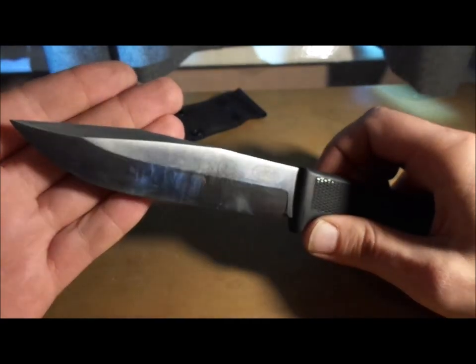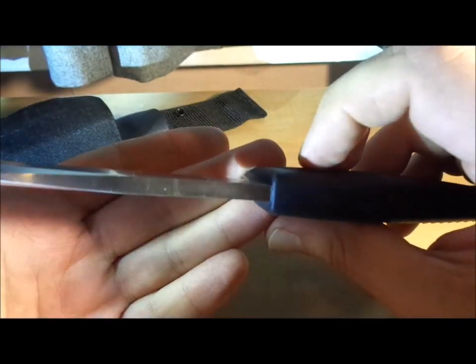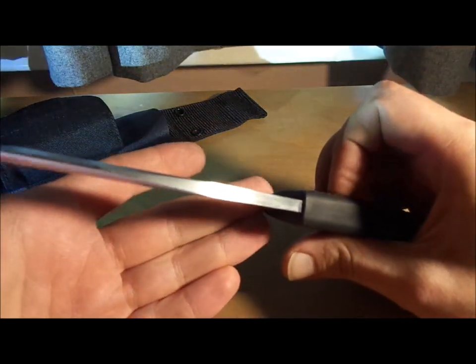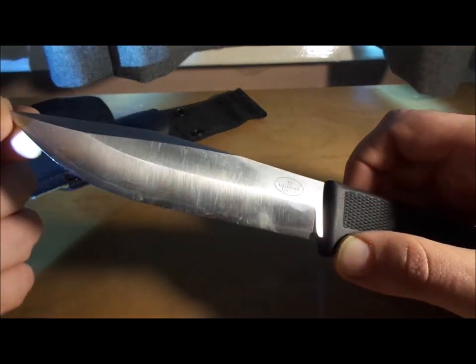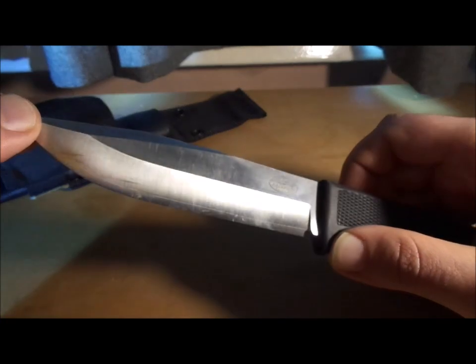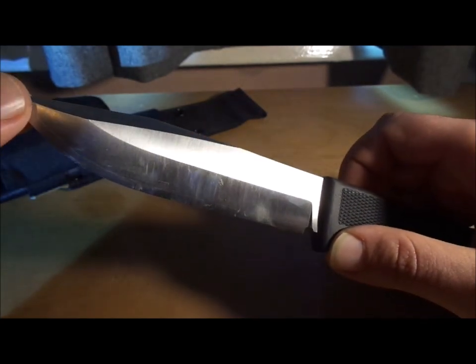Obviously, being a Fallkniven, it is razor sharp straight from the box, and this thing is definitely built to last. I think it's a 5 or 6 millimeter stock at the back there. You can actually see the various levels of laminated steel, particularly on this section here. This is a VG10 steel. It's not the hardest of steels, but I don't use it that heavily or that frequently, probably once, twice a month, and so it doesn't have to be a beast. I've seen various videos comparing VG10 to other steels, and obviously there are harder wearing steels out there. However, the level of